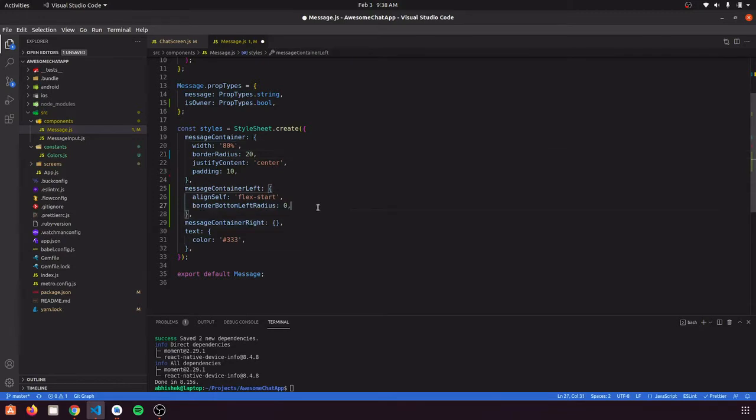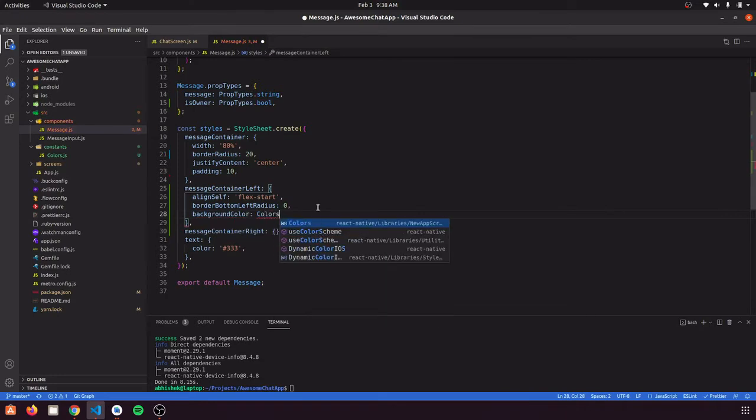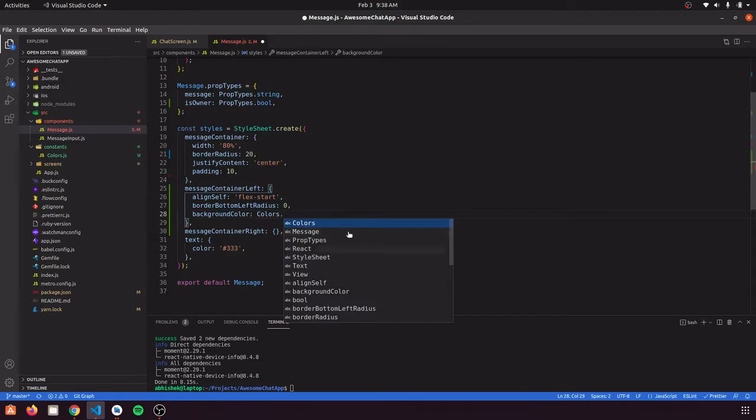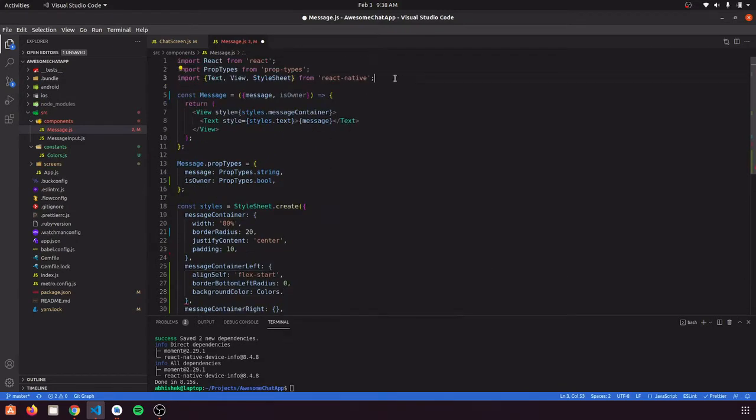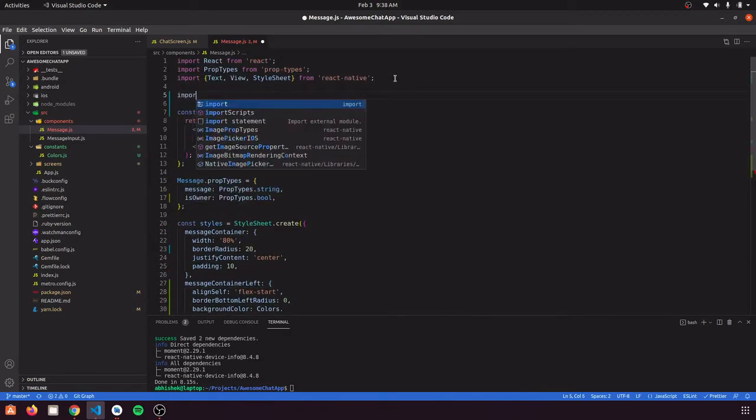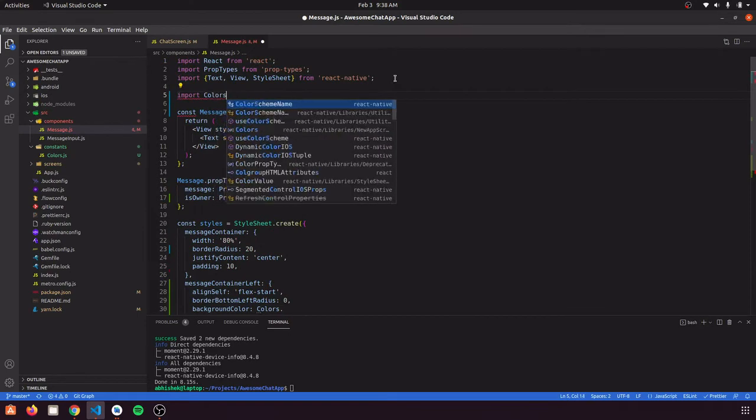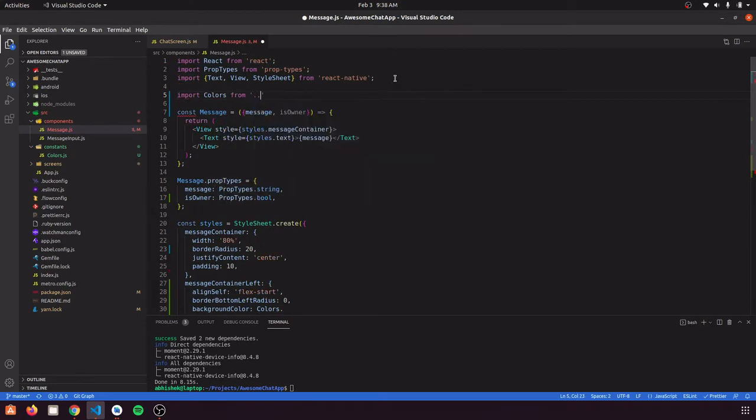And now we are going to give it a background color as colors, that we need to import from here. Import colors from dot dot slash constants slash colors.